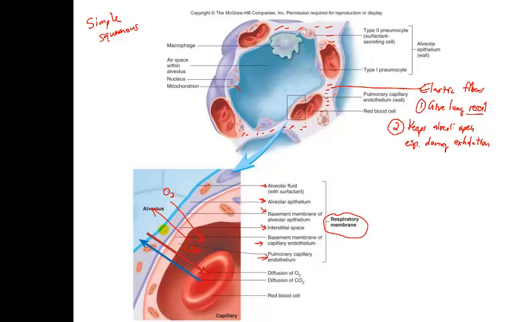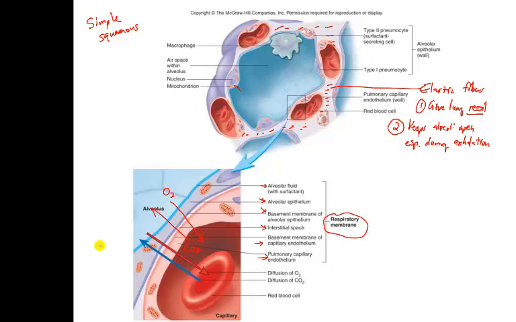Again, all those components are normally very thin, making the entire membrane altogether quite thin. But you can get disruption of one or more of these components, causing them to become thicker. Thickening of any part of those structures reduces gas exchange. And so, for example,